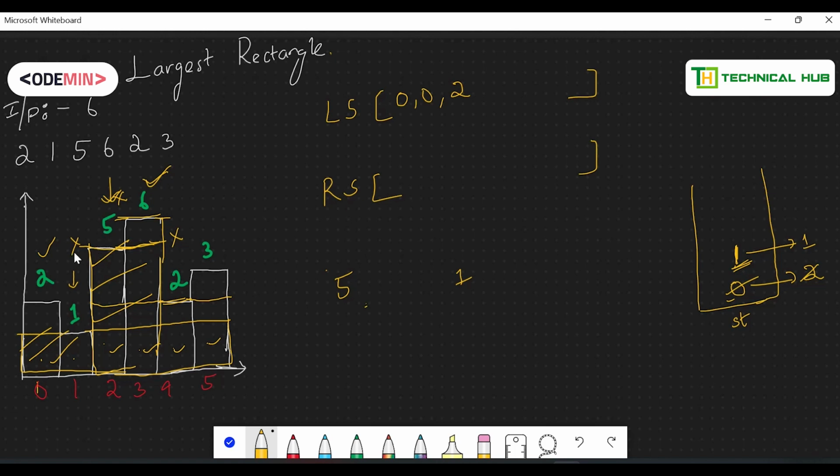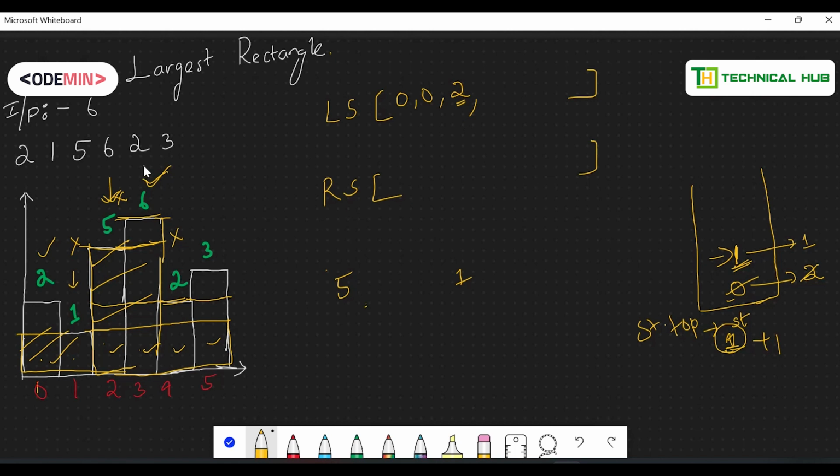Because you can't extend this till here, right? What is the stack top of your stack? It is 1, meaning index 1. The first index itself has a value lesser than 5, so you can't extend till here. You can extend up till stack top plus 1. That is the reason I placed 1 plus 1, that is 2.